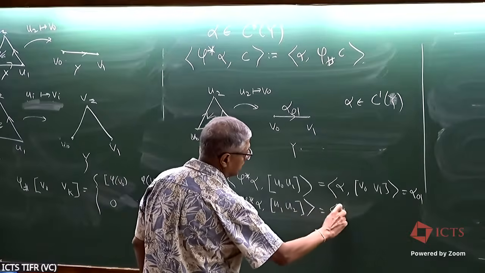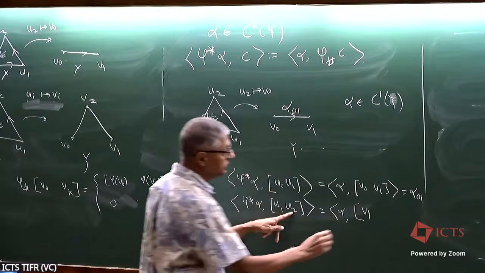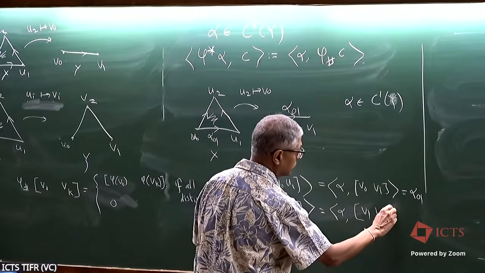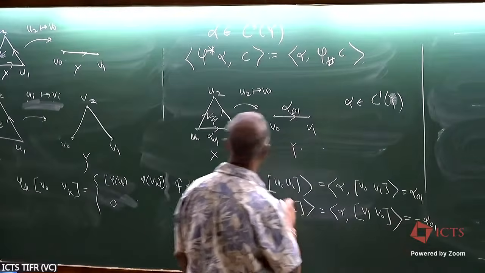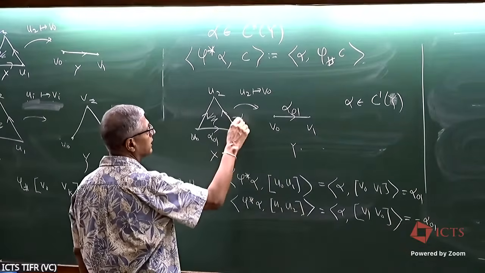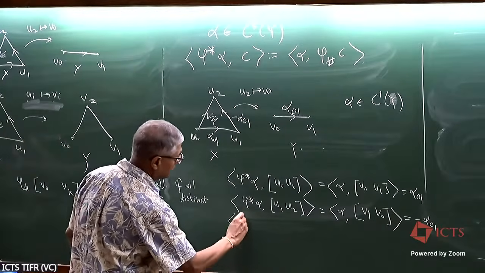Well, that's alpha on U1 goes to V1, U2 goes to V0. That's still a valid thing, but now the orientation got flipped. So this will be minus alpha 0, 1. So on this, we get minus alpha 0, 1. How about this one? Well, because